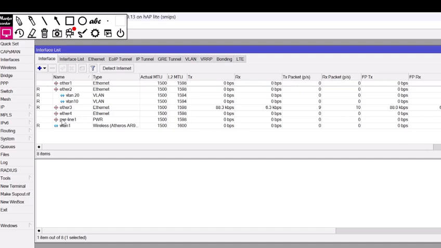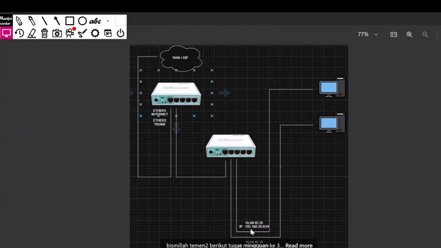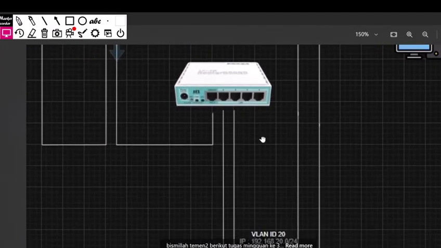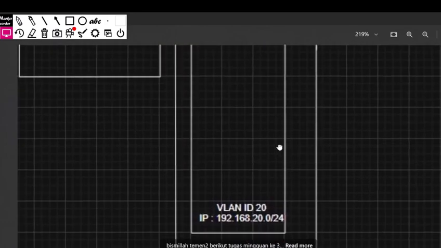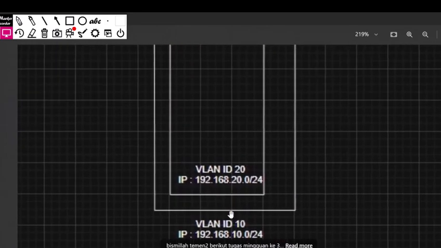We add the interface with VLAN 20 and VLAN 10. We can add the IP like this, for VLAN 20 and VLAN 10.